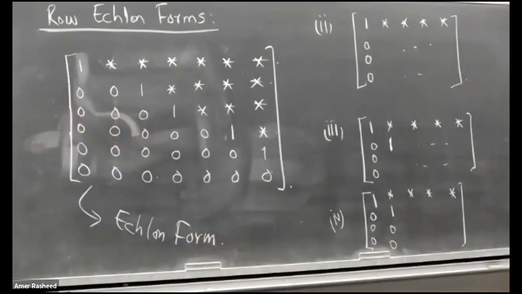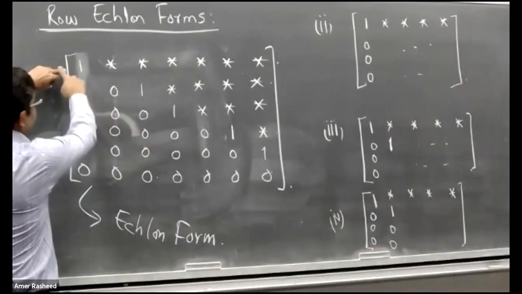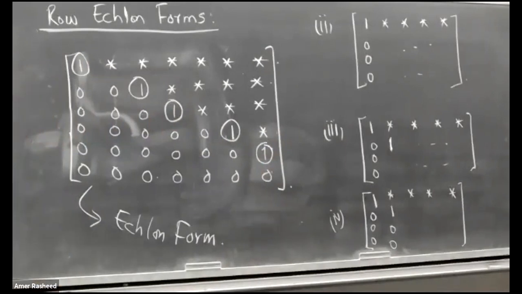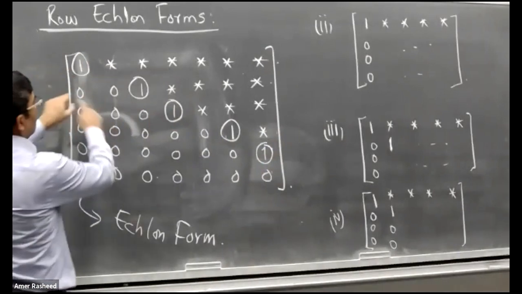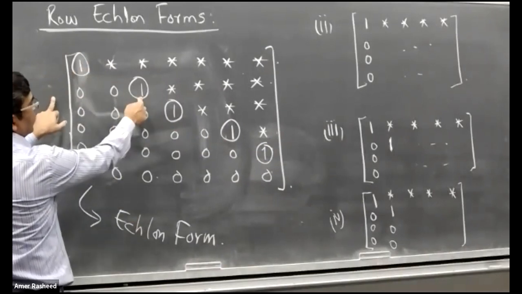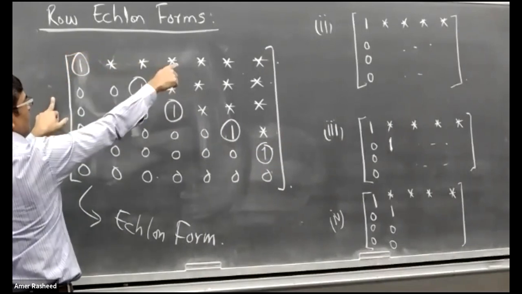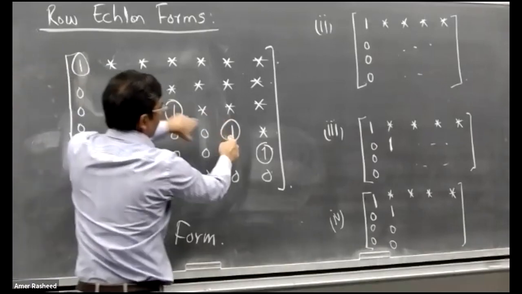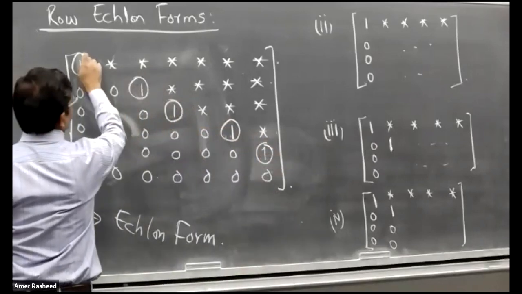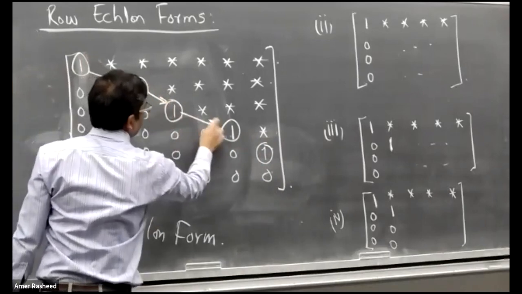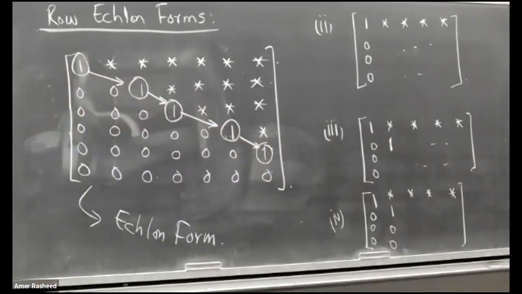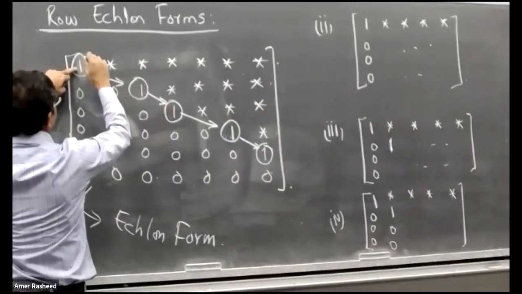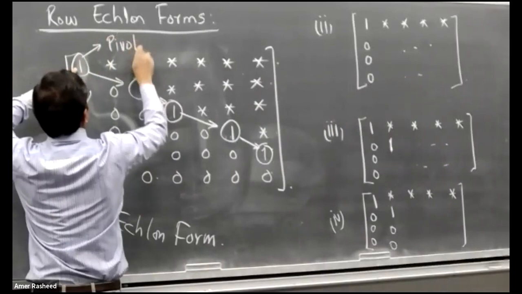क्योंकि ये एचेलॉन फॉर्म की दोनों प्रॉपर्टीज सेटिस्फाई करता है। क्या? इन ईच रो फर्स्ट नॉन जीरो एंट्री इज 1। दूसरी प्रॉपर्टी क्या है? इन ईच सक्सेसिव रो द फर्स्ट नॉन जीरो एंट्री इज ऑन द राइट ऑफ द नॉन जीरो एंट्री इन द प्रीवियस रो। सो फर्स्ट नॉन जीरो एंट्री ये है, नेक्स्ट रो में जो नॉन जीरो एंट्री है वो इसके राइट पे है, ये भी इसके राइट पे है। सो दिस इज द सेकंड प्रॉपर्टी, यहां से ये राइट पे जाना चाहिए नॉन जीरो एंट्रीज को। So this is basically echelon form, and these positions basically, ये वाली जो positions हैं इनको pivot positions कहते हैं।